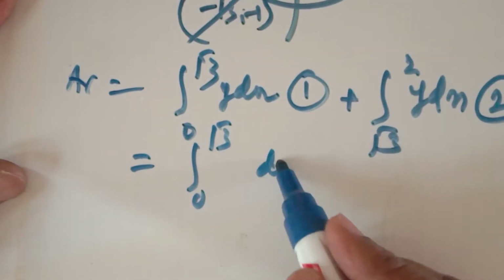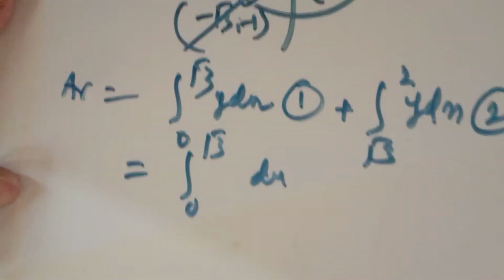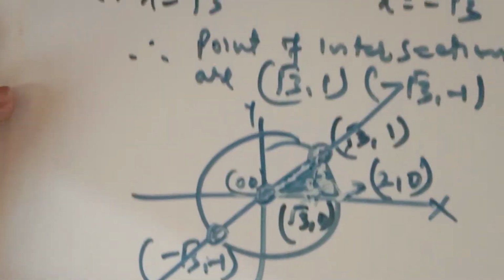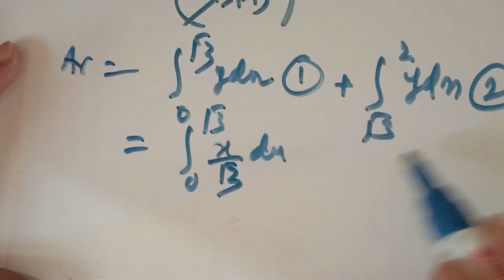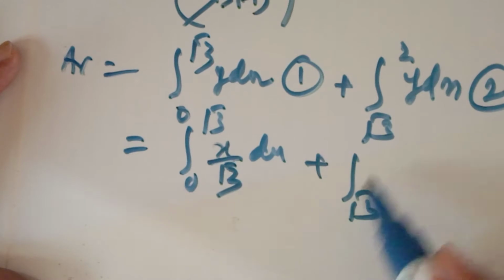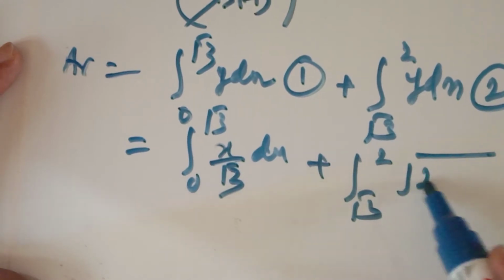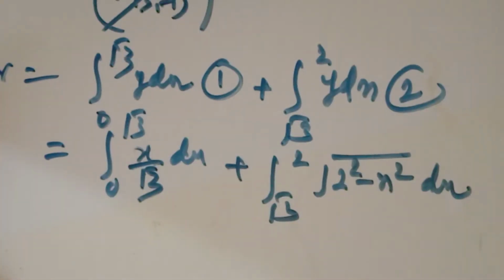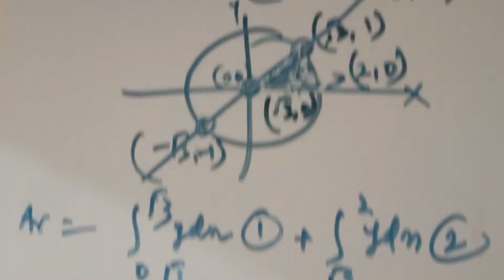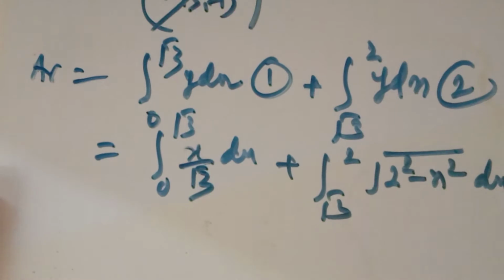The value of y here is x upon root 3, and the value of y here is under root a square minus x square with respect to x. So this is the total area we can easily find. Now integrate it, it is x square upon 2